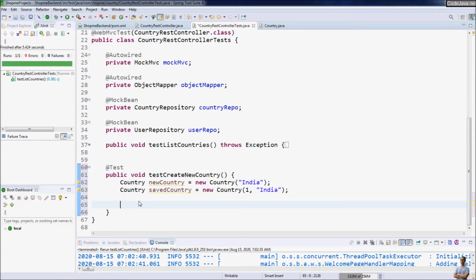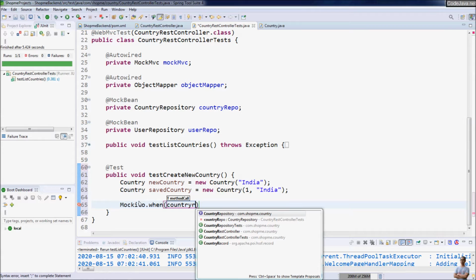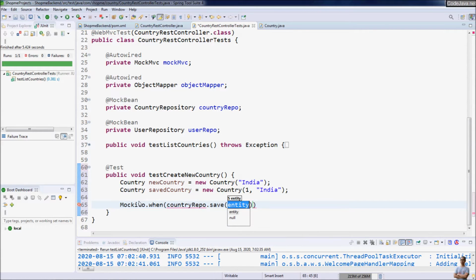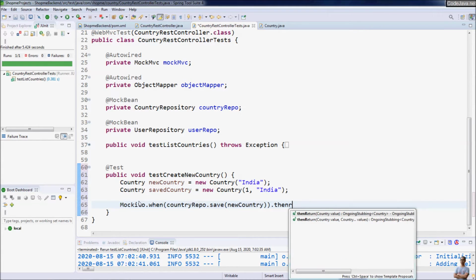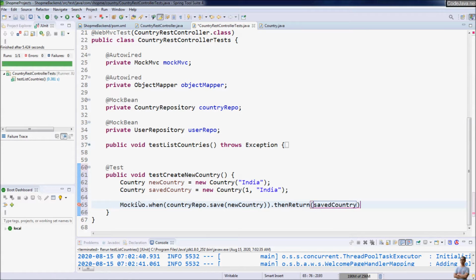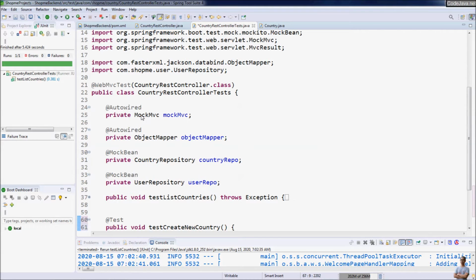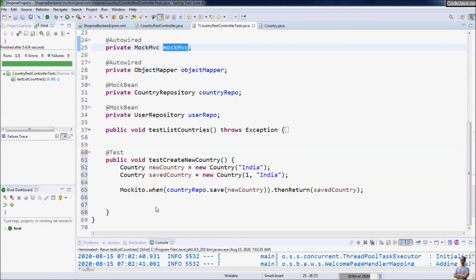Then we use the Mockito method when to mock data for the method call of the country repo dot save here, save new country, and then return the saved country object. That's it for the mocking data,